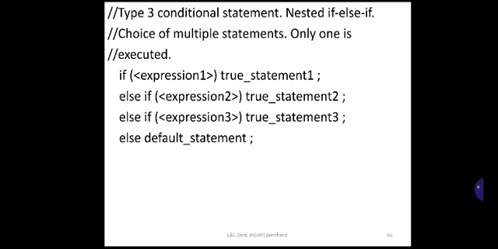If none of the if or else if are executed, then this default statement is executed finally. So this is called a nested if else if statement. Here, if you have more than one true statement in any of these three different types of conditional statements we have discussed,